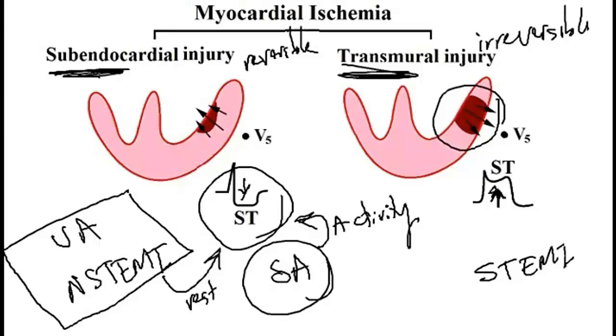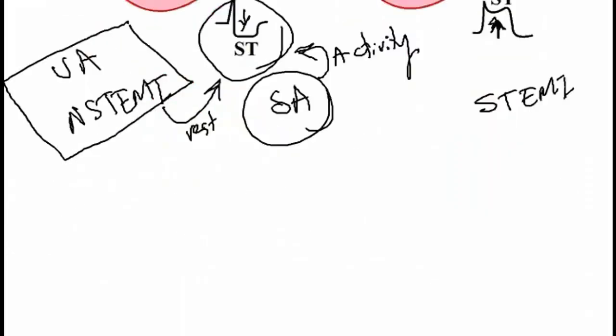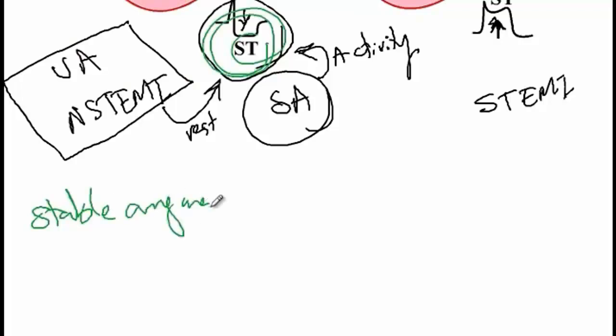Alright, so in any case, back to the first example that I gave you, the patient said after lifting the grocery bags, I started to develop a chest pain. The patient comes to the hospital, you do the EKG, EKG is normal. You ask the patient to walk on the treadmill and you do the EKG, this time you see the ST segment depression. So at this point, you diagnose the patient with stable angina, and what you will have to do